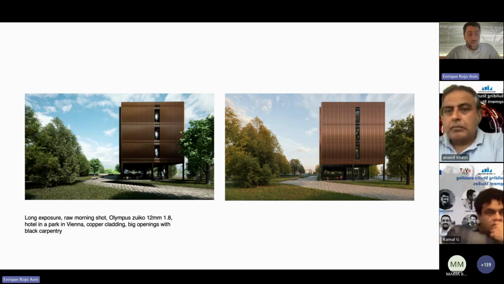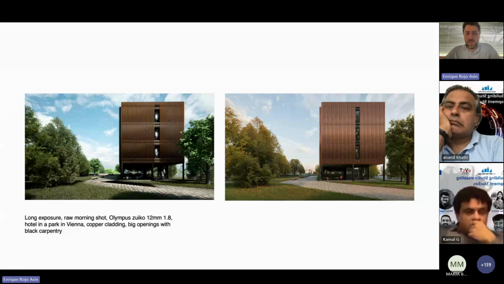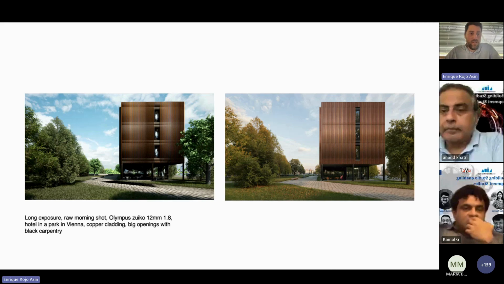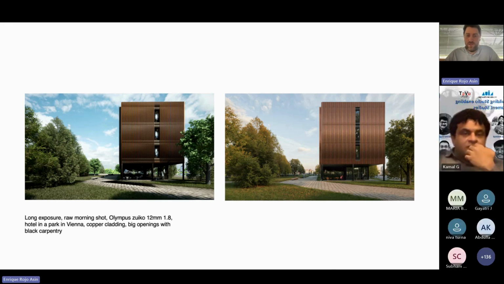I think it was already in Rhino, which doesn't have a good render engine inside the program. And now with the AI, we improved the image quite a lot, especially, for example, if you look at the grass or the surroundings, the reflections of the glass or even the facade. No, so you can improve the images a lot without taking so much time and this big learning curve that you need to make really good 3D images.